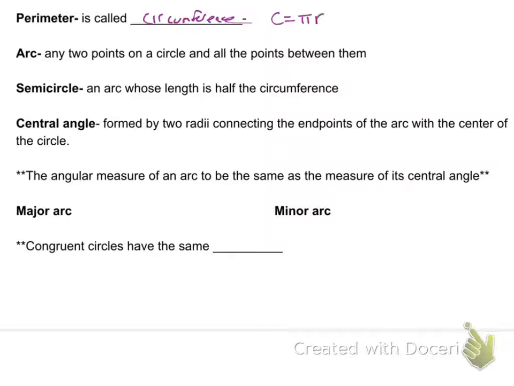Pi r, oh, not pi r squared, wow. 2 pi r. It's 2 pi r is the circumference. 2 pi r. That's how you find the circumference. You actually can find pi, and this is how they did it way back in the day, is they took